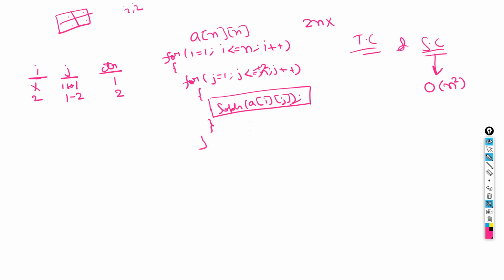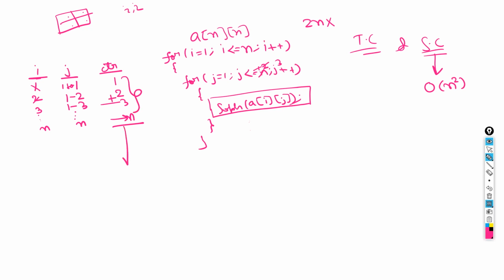this will be printed. Okay, so now when i is 3, j will again be executed 3 times, because j will run from 1 to 3. So similarly we can see this will run 3 times, so this will run n times. Okay, so when i will be n, j will run from 1 to n, meaning this will run up to n times. So what is the total number of times this is executed?